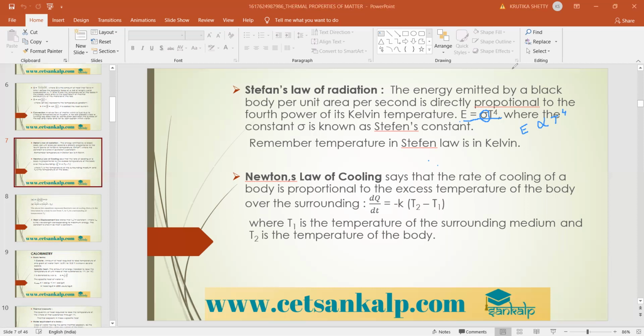Therefore, we take a negative sign in the equation. So this is regarding Stefan's law and Newton's law of cooling. In the next slide we are going to deal with